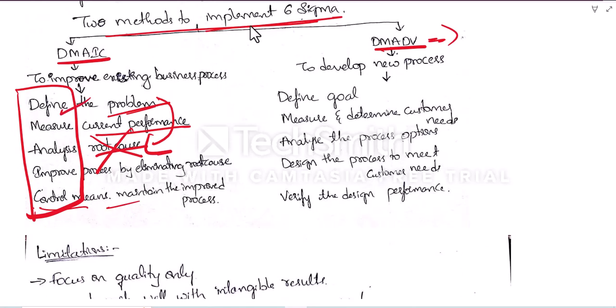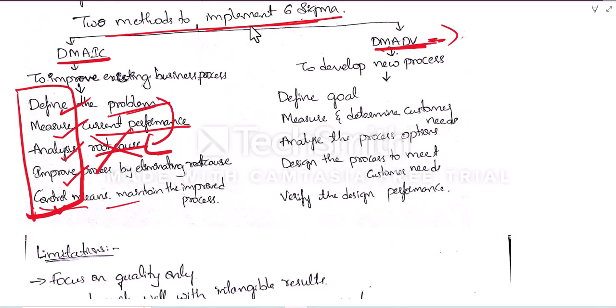We have to define the problem, measure the current performance, analyze the root cause, and improve the process by eliminating the root cause. Control in the sense we have to maintain the improved process effectively. Next,